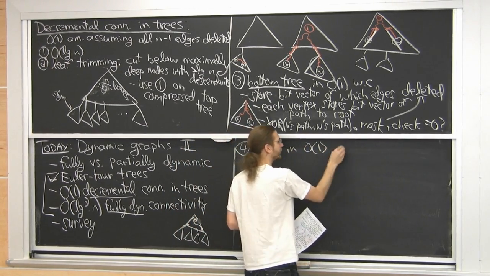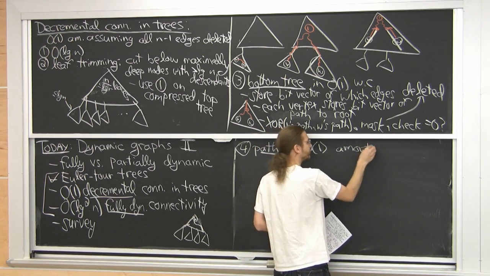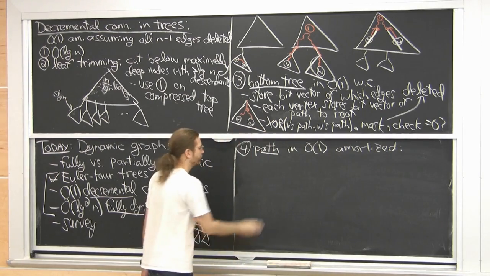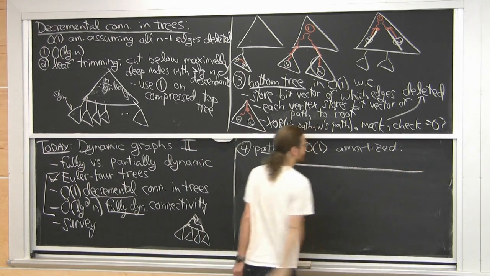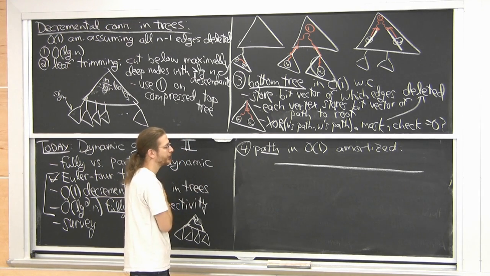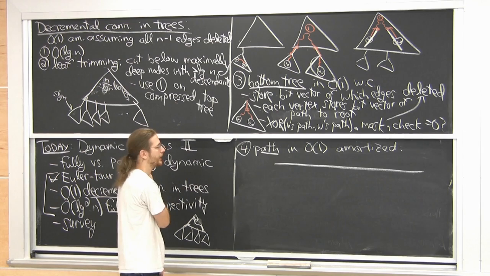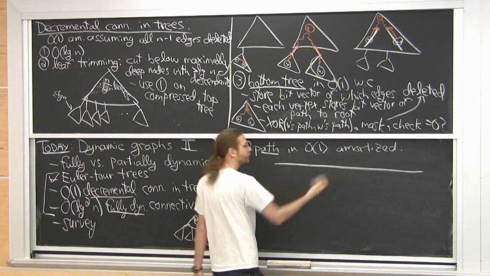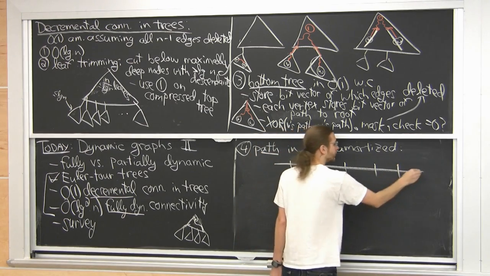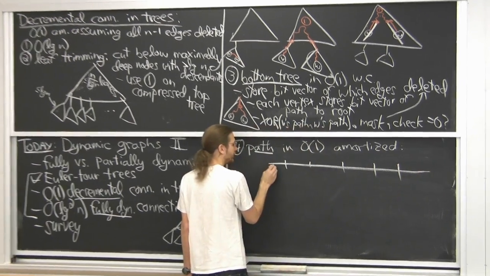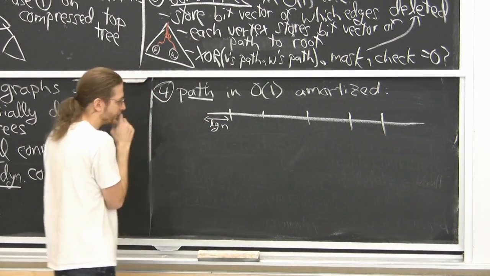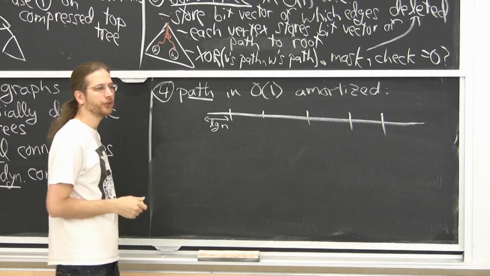Here we can do constant amortized with a similar trick. So here's our path. We're going to use essentially indirection again. When we have a sequential thing, again, we know how to solve this in log n. When we have a sequential thing, our usual way of indirection is to split into chunks. Each chunk here needs to be about log n in size. I'll just make it exactly log n in size. So there's n over log n chunks.